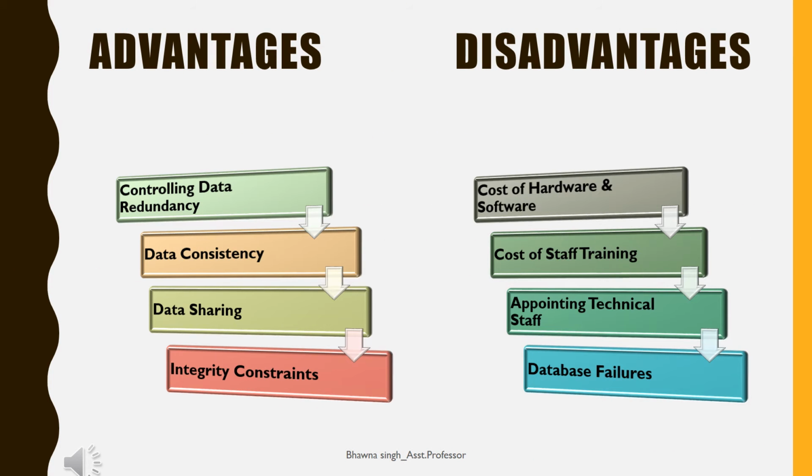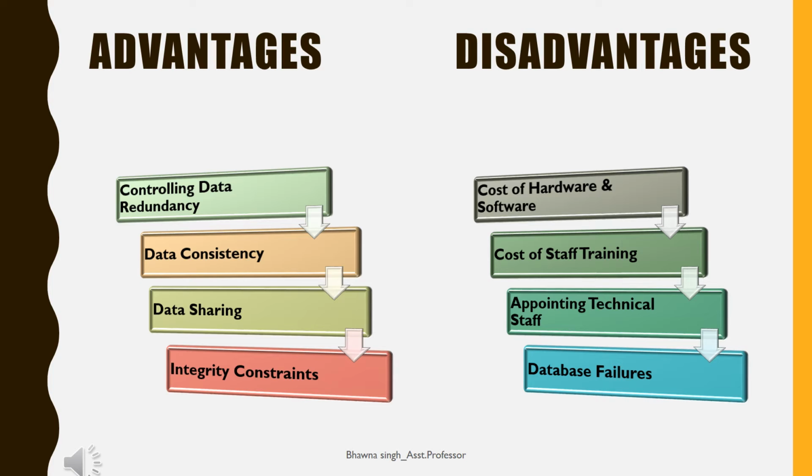Now these are the advantages and disadvantages of DBMS. Let us first consider the advantages. First one is it controls data redundancy. As we have already discussed, redundancy means duplication of data, and DBMS controls redundancy, because in DBMS we are storing all the data of the organization or of the college in a single place, and it is not scattered among multiple files. So like this we are not creating multiple copies of the same data. So this is how it controls redundancy.